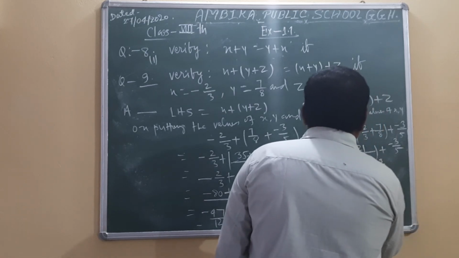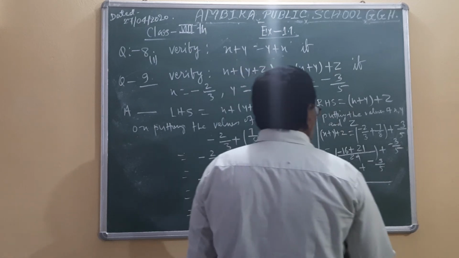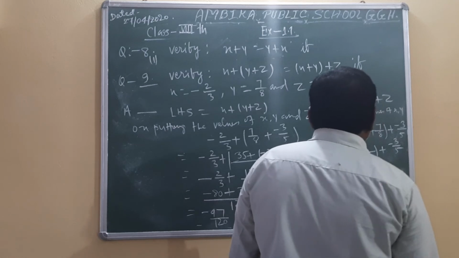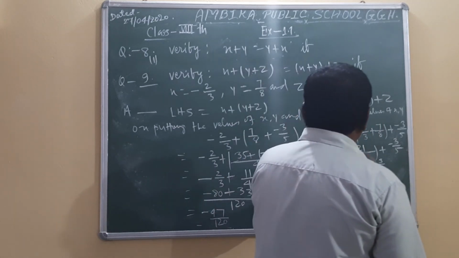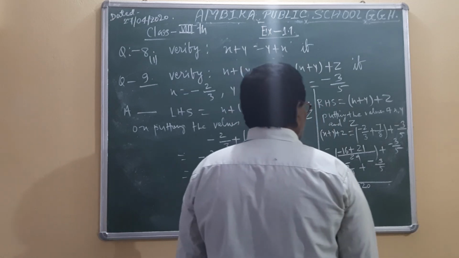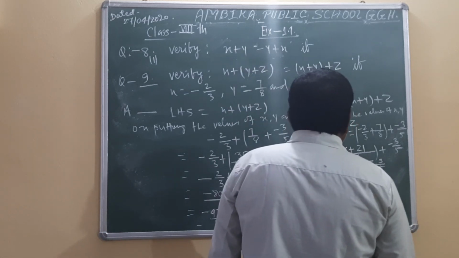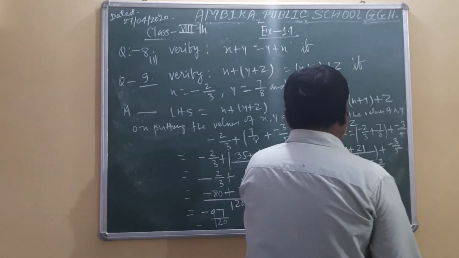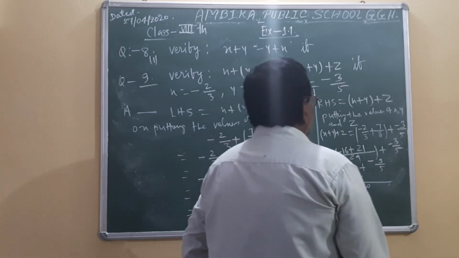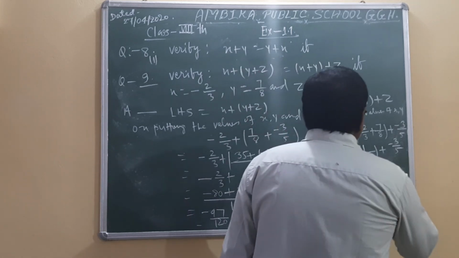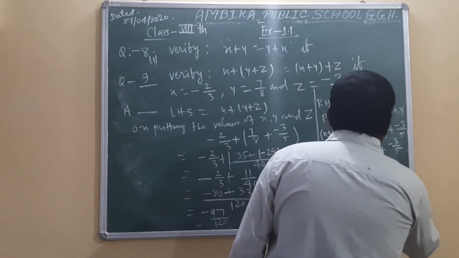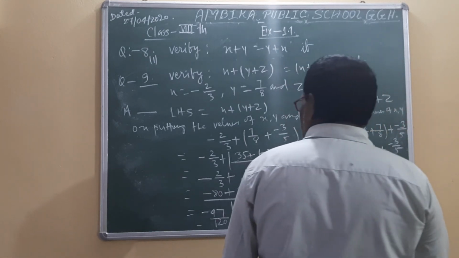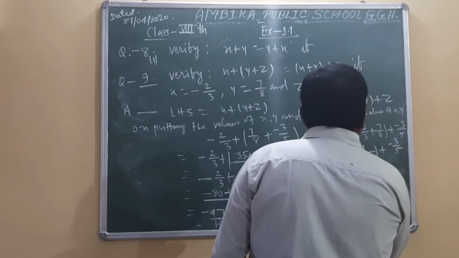Minus 3 by 5. Taking LCM of 24 and 5, we have 120 as LCM. So divide 120 by 24, we get 5 as quotient, and multiply 5 by 5, 25 plus, divide 120 by 5, we get 40. So multiply 40 by minus 3, we get minus 120. Adding